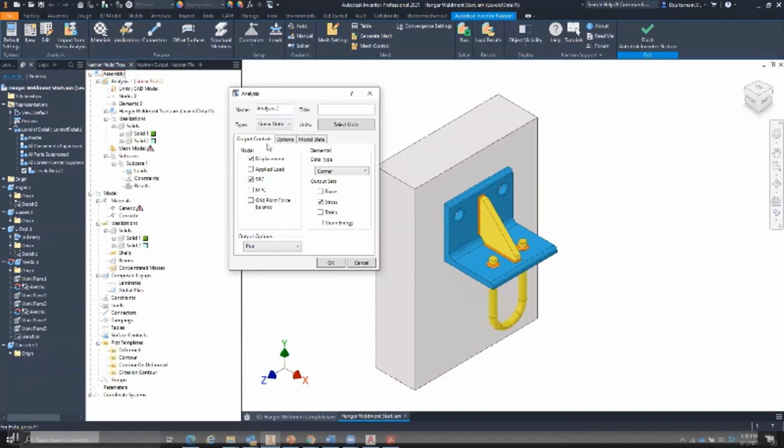Okay, and then what about output control? What is this output control? Basically, these output controls determine what type of result can be viewed. This needs to be chosen before you run the analysis in Nastran. All the output results are basically at the nodes, so there is only one result at a node. Let's look at some of these points. For this exercise, I'm going to use displacement, which means the output will show the displacement result. If displacement is not an output, the deformed shape